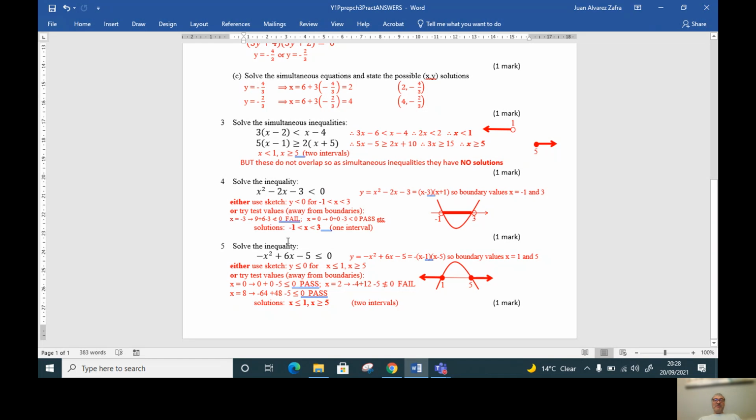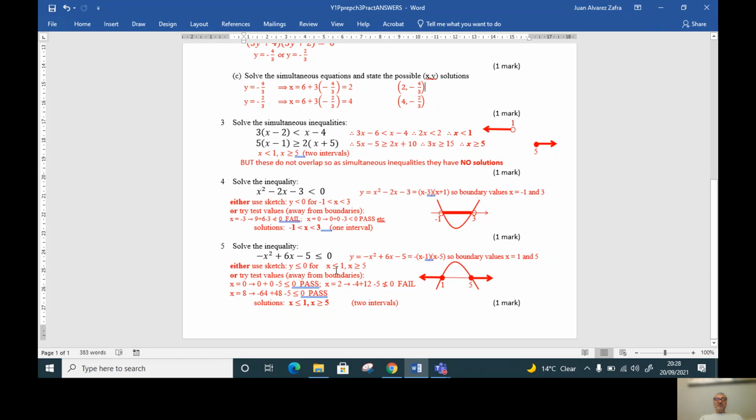Okay, question 5, we have another quadratic, minus x squared plus 6x minus 5 less than or equal to 0. Notice it's less than or equal to rather than less than 0. If we factorize this, we get minus brackets x minus 1 brackets x minus 5, or use the quadratic formula, or whatever method you like of solving a quadratic. We find that the boundary values are 1 when x minus 1 is 0, and 5 when x minus 5